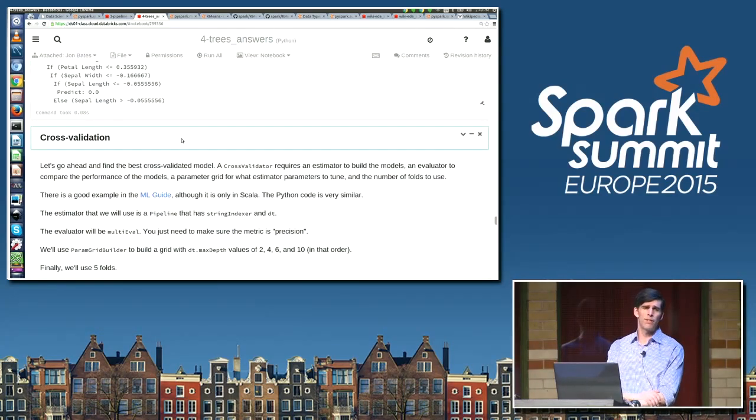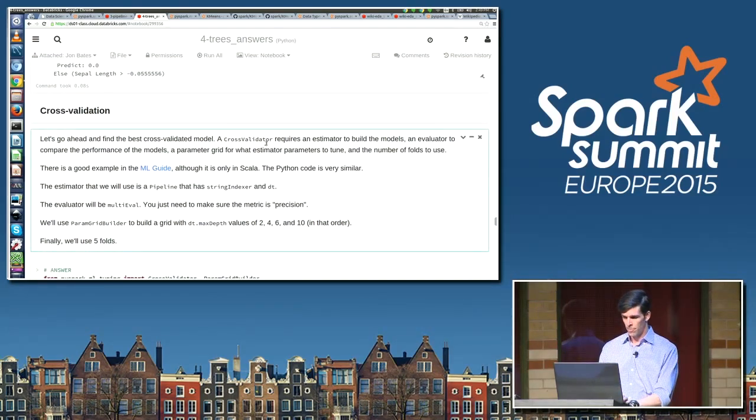OK, so now how do we do cross-validation? We've just gone ahead and specified a couple of parameters here, but we haven't said, what if we searched over different max steps, or if we changed a couple of different things? How would we go about doing that in an automated fashion with Spark? So this is where we use CrossValidator, and that takes in several different things. So what we're going to need is an estimator, and that's what will actually build out the model. There'll be an evaluator, and these are where we saw like your binary classification evaluator,